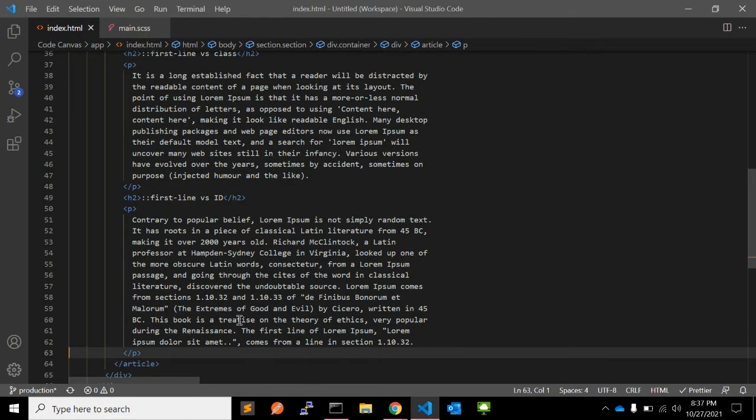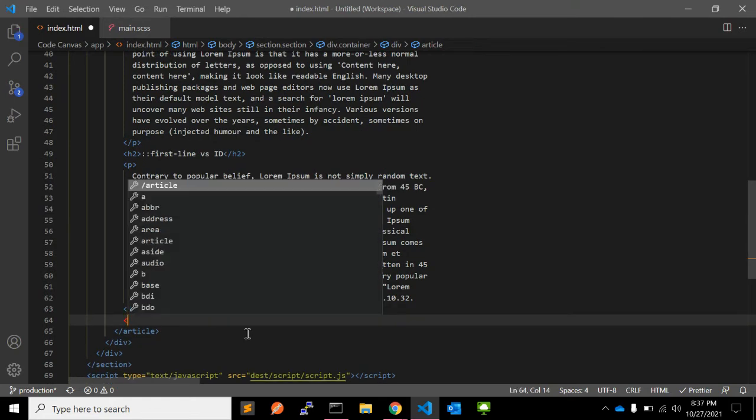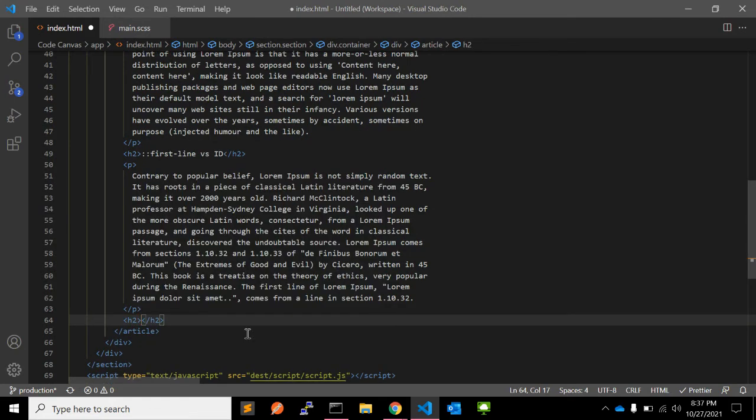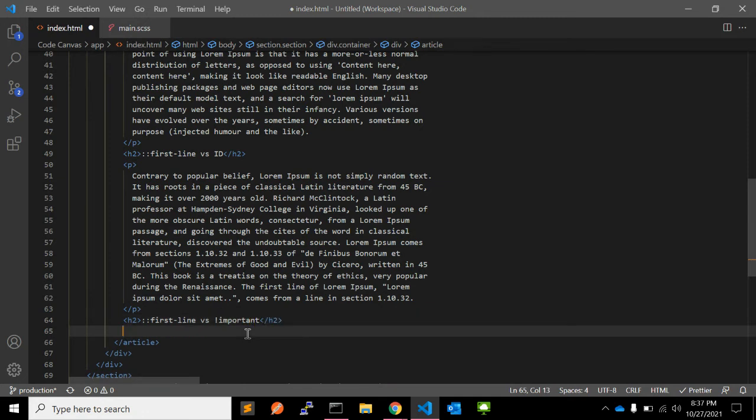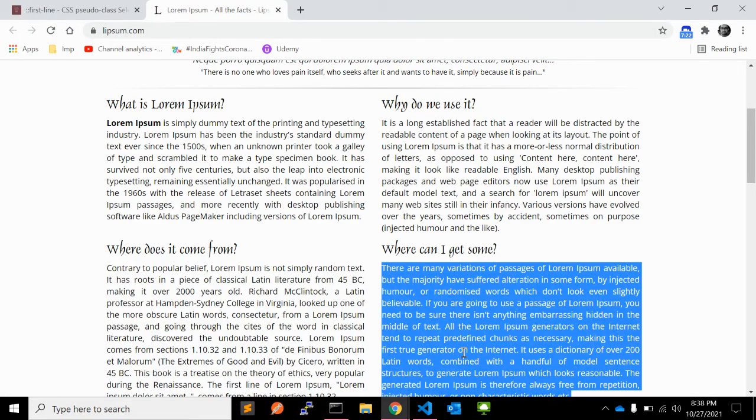And the last selector we can use is first line versus important, which we can give to CSS properties. Right here, add a paragraph and add some content.